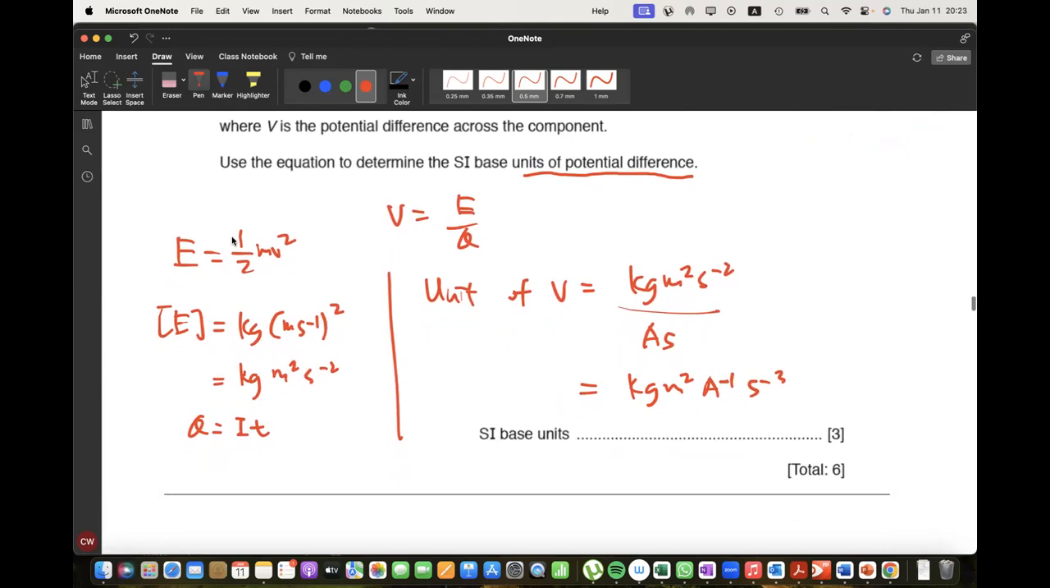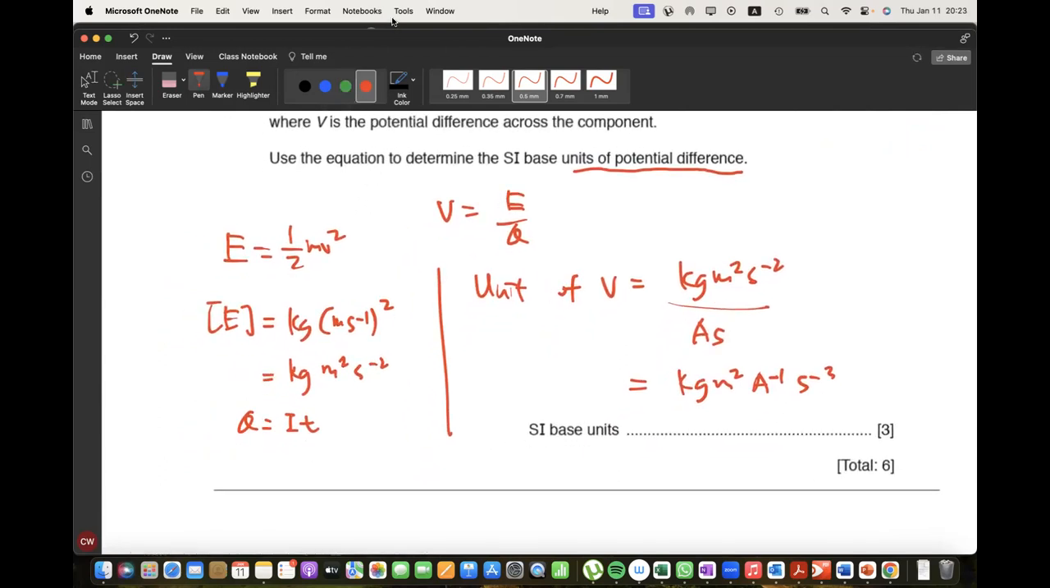Take one of the formula. Let's say you don't want to use this one, you can also